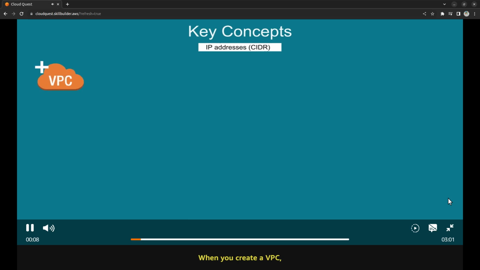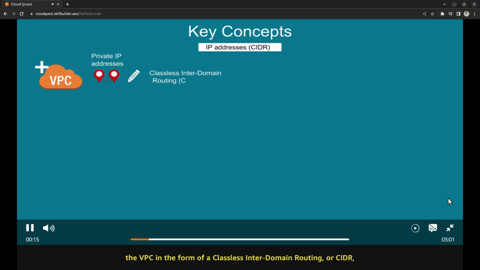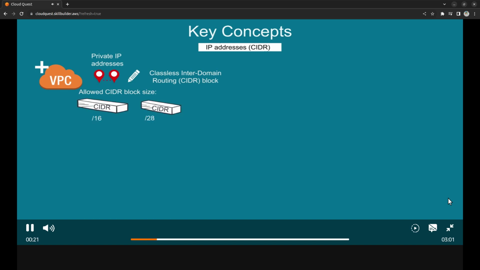When you create a VPC, you must specify a range of private IP addresses for the VPC, in the form of a classless interdomain routing, CIDR block notation. The allowed CIDR block size is between a /16 and /28. For example, this IPv4 CIDR block,